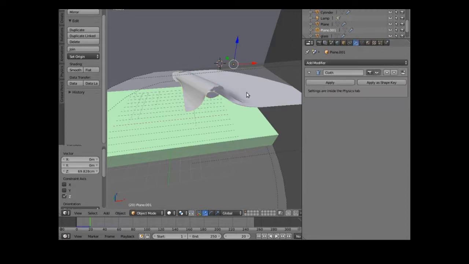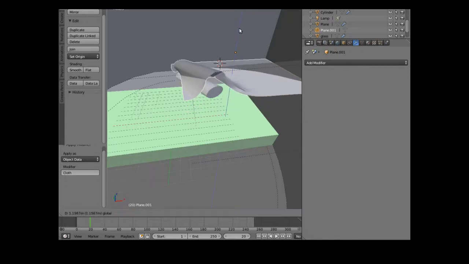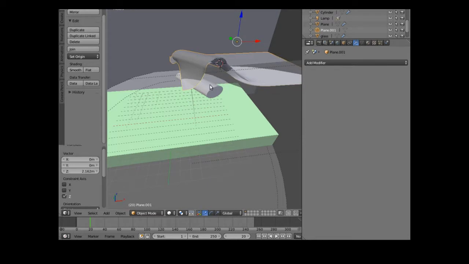and select my tablecloth. You see it's got apply and apply as shape key. I'm just going to apply it, to be honest, because it's only going to be a single colour tablecloth. I would have UV unfolded it before I did the cloth simulator if it was going to be a pattern, but it's not going to be a pattern. So that's that. You can see the cloth has retained the shape of the cylinder. We can now get rid of the cylinder,